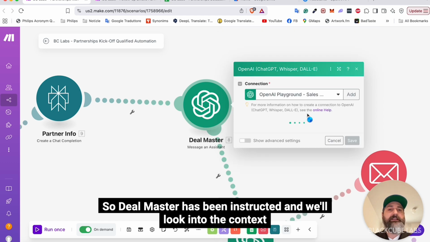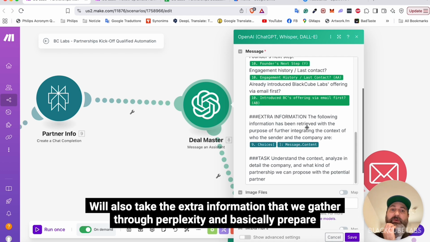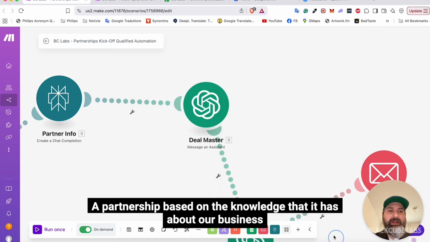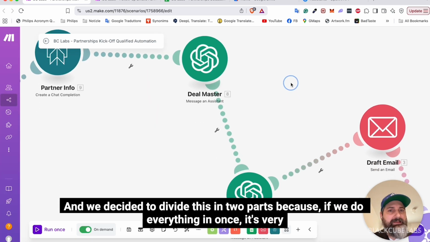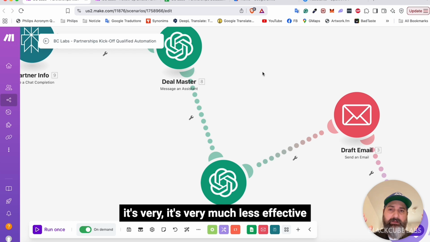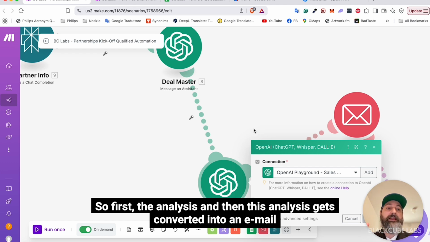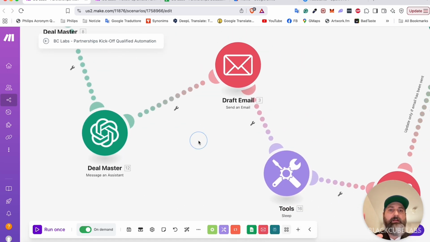So the Dealmaster has been instructed and will look into the context. So in this case, the company Runway, for example, will also take the extra information that we gather through Perplexity, and basically we prepare a partnerships proposal based on the knowledge that it has about our business, in our case, Black Cube Labs. And we decided to divide this in two parts because if we do everything at once, it's much less effective. So first the analysis, and then this analysis gets converted into an email, and this email is written in HTML code. A draft is created,